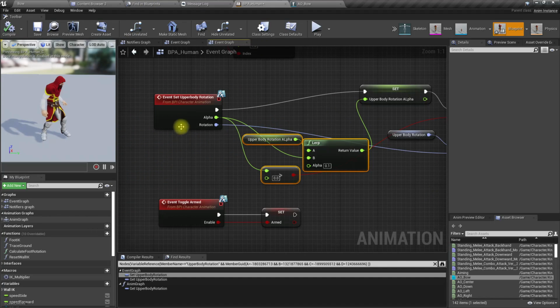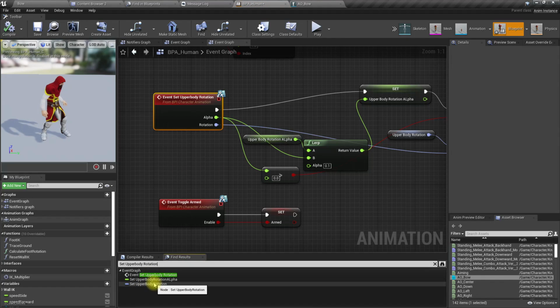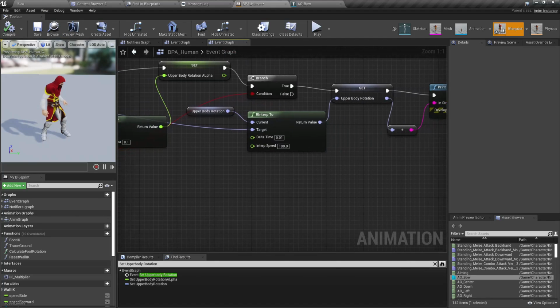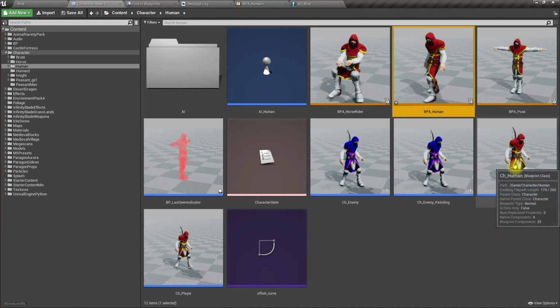Okay, from where do we call this? I think we are calling it directly from the character. Let's see.